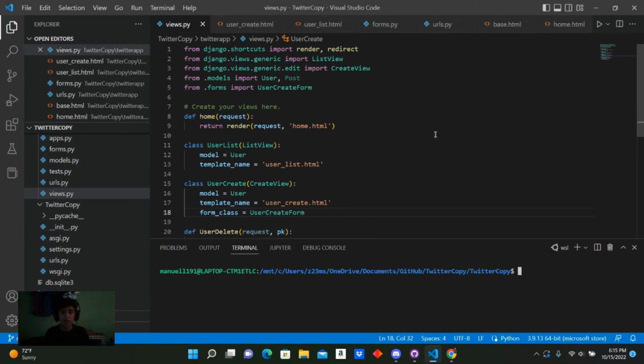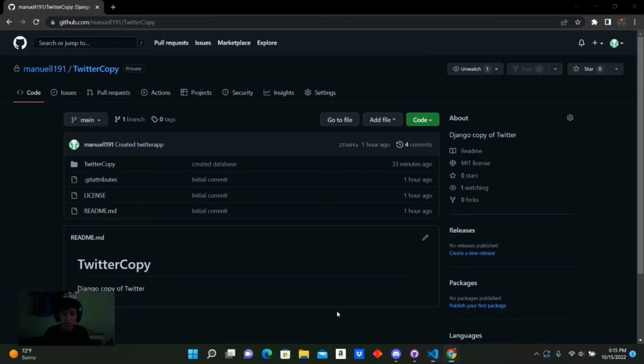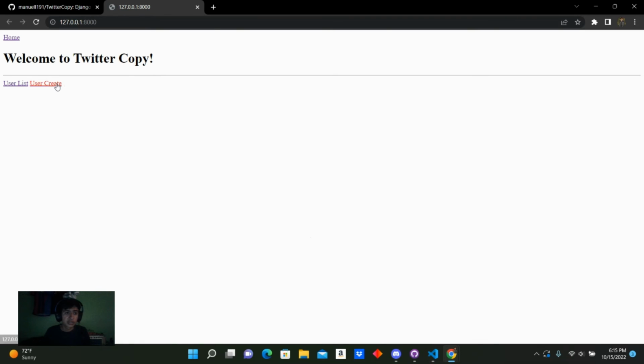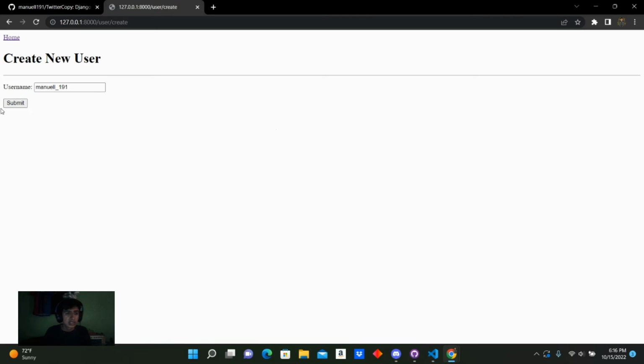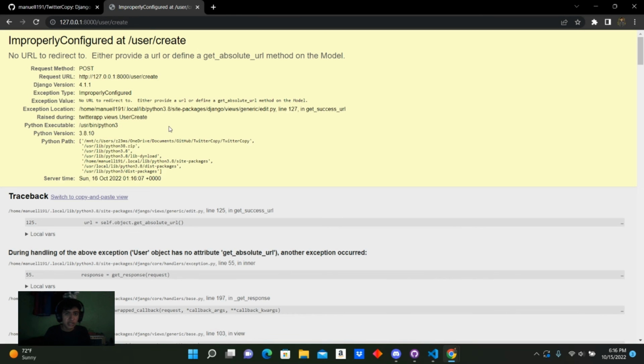So, I added a whole bunch. Obviously, in the time lapse you guys could see what I have added, but I want to do a quick little demo of what I have going so far. So if we do runserver, actually I haven't tested out the user create view. So let's just create a new user. I'm just going to go, you know what? Underscore 191, because